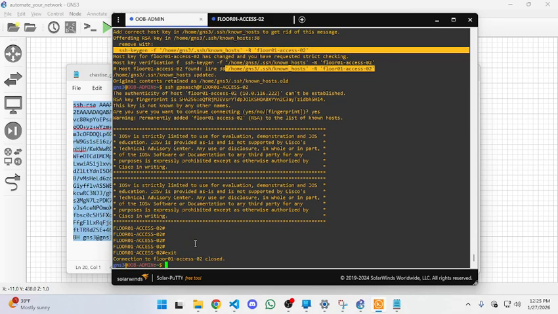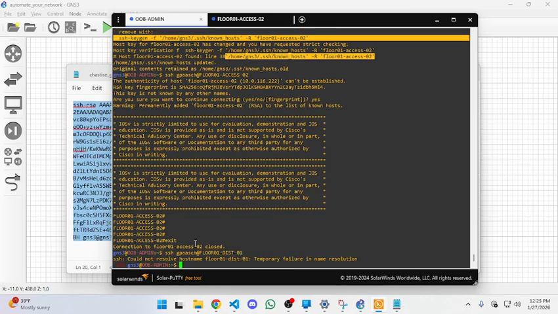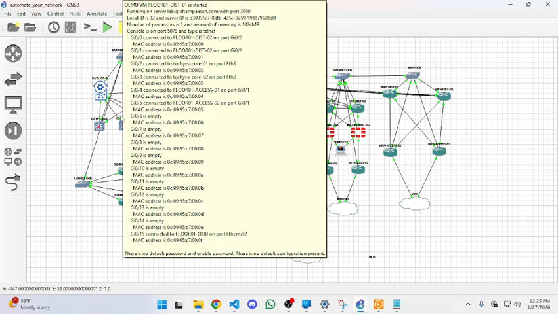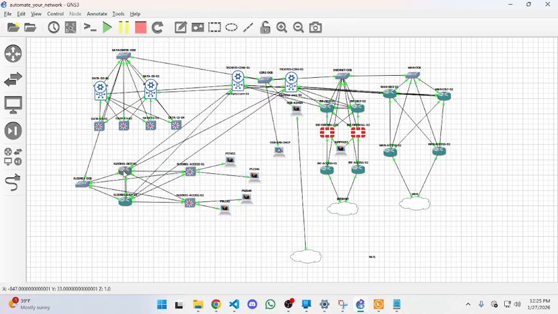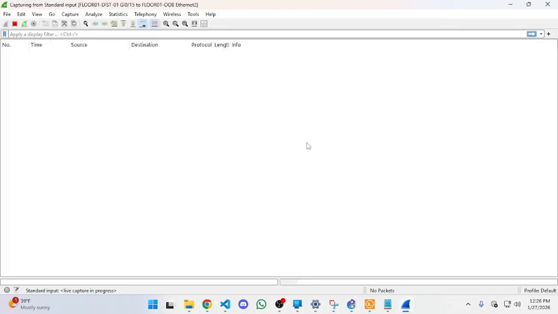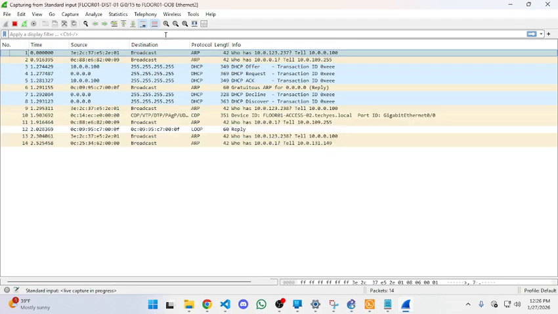All right, so we've got the access layer sorted out. We still need to figure out the distribution layer. Not sure what's so far different between the distribution layer and the access layer. We are dealing with quite a bit of a different beast in terms of the type of device it is. So there might be some limitations in this device, such as one thing I could imagine would be DHCP option 12 being missing. We're going to need that in order for it to